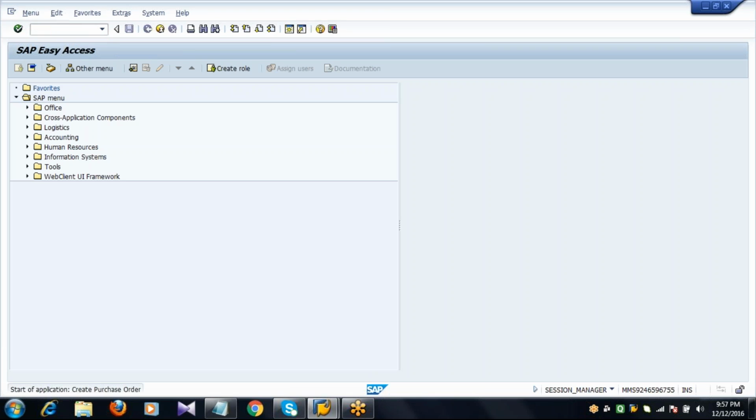This we have also seen: ME21N to create a PO.